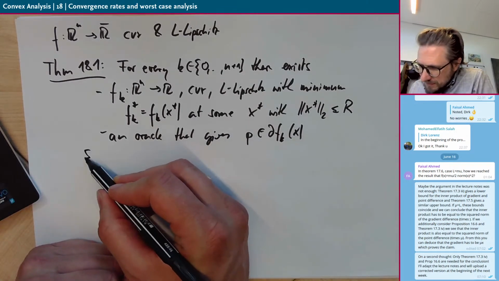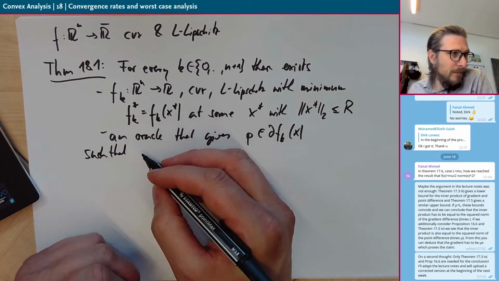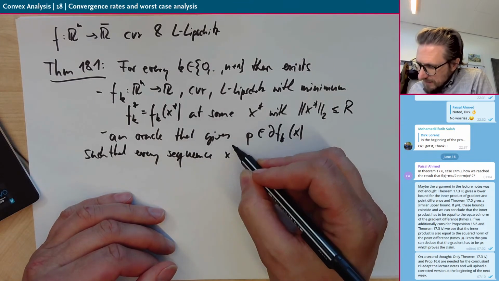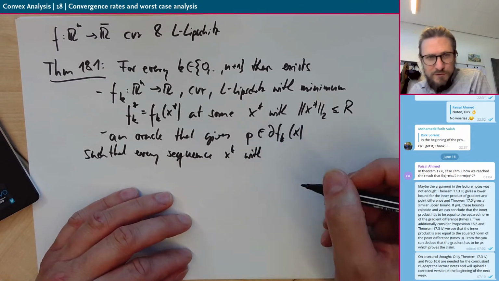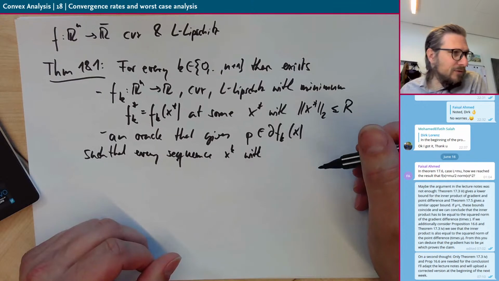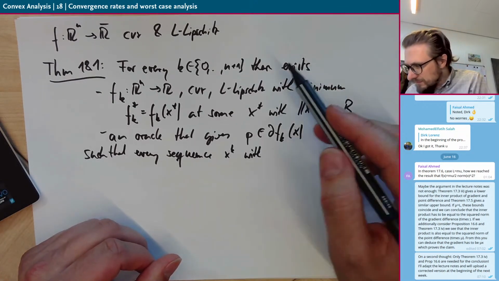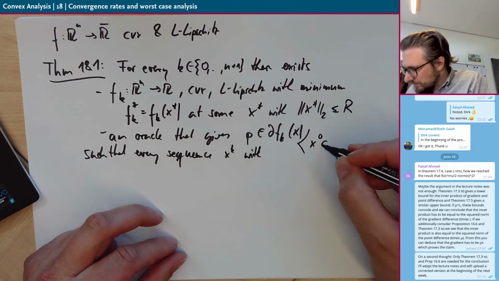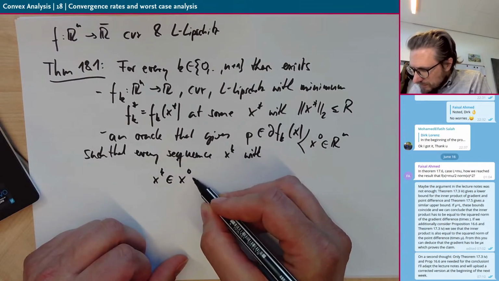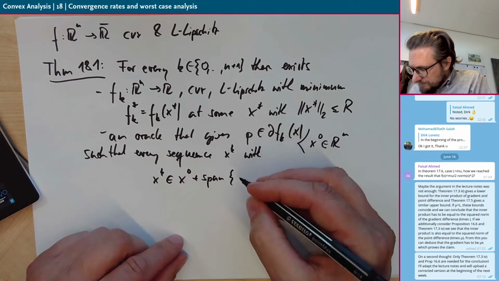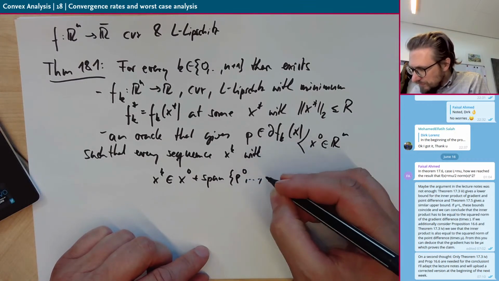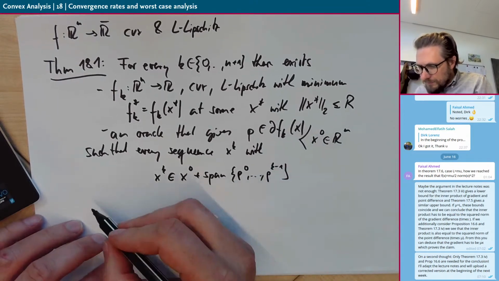So these 2 things exist, such that every sequence x_k which fulfills our assumption on the algorithm, and I forgot to introduce a starting point, so there exists also some starting point x0, and every sequence with x_k contained in x0 plus the span of the first k gradients, p0 up to p_{k-1}, fulfills